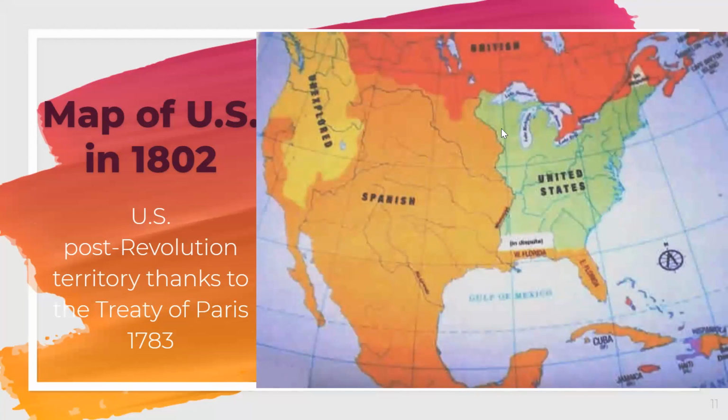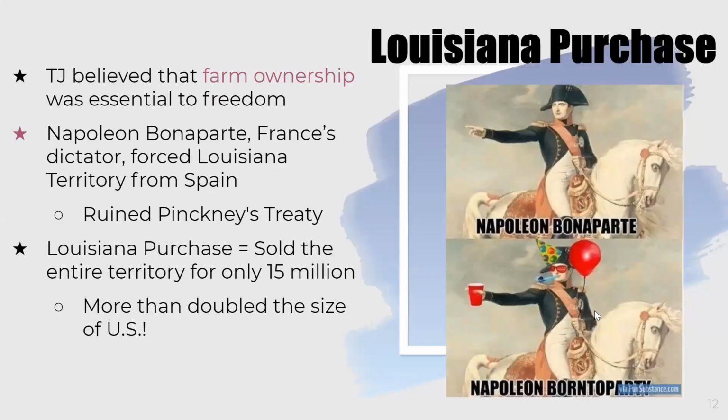The Mississippi River is huge for transportation. And so allowing us access to that port was really pivotal for our economy. And now that just got overturned because there are new owners of it. So Thomas Jefferson and other Congress members start to discuss possibly purchasing maybe the port, the area around the port, and it slowly expands to, why don't we just offer